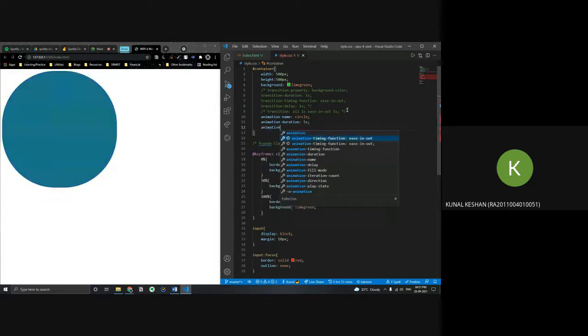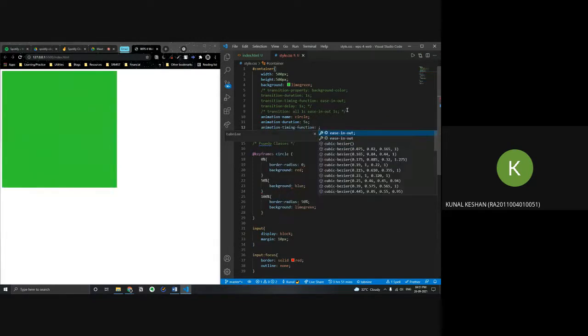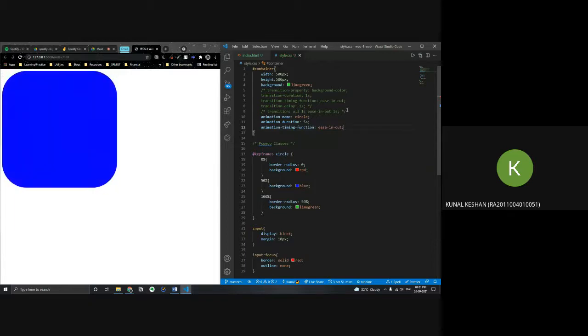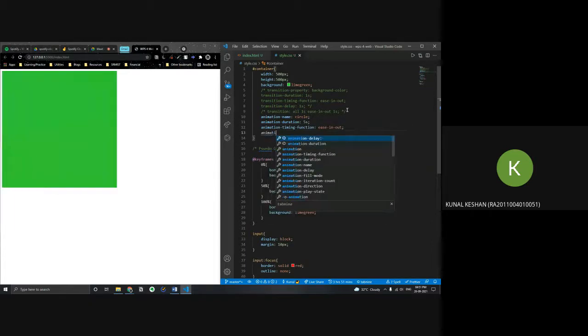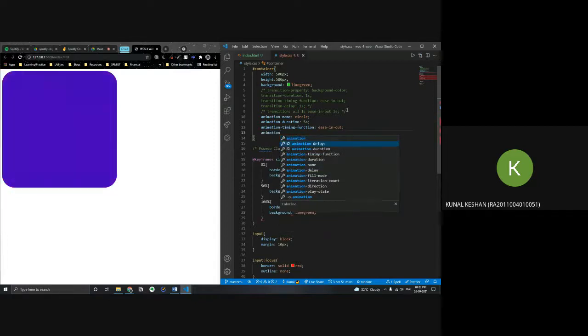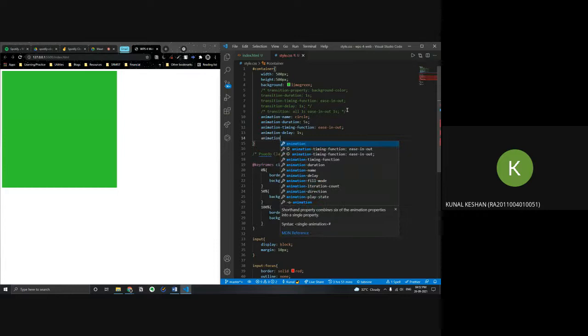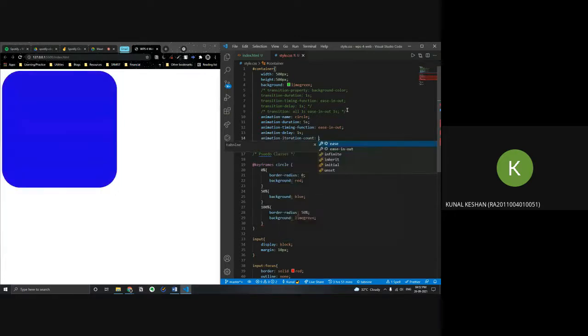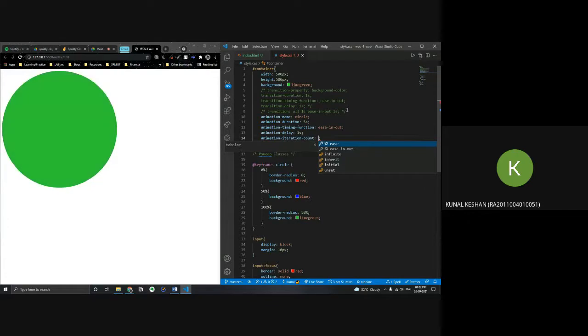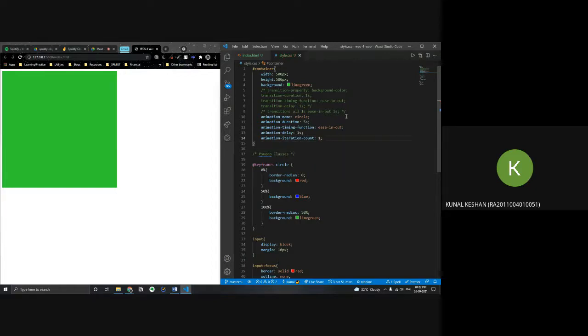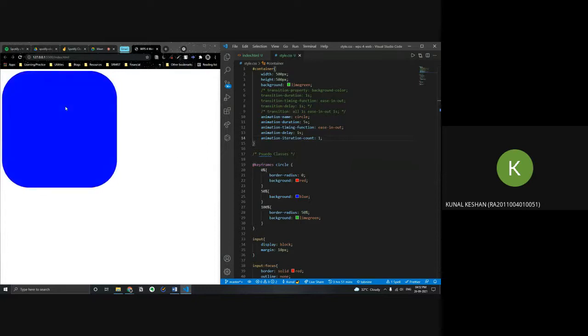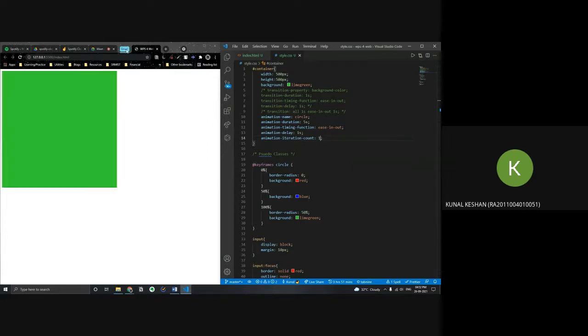Animation timing function, same thing like how we had for transition, here also I can specify start slow and go out slow as well. Then animation delay, say I want 1 second delay. And then we have the animation iteration count. How many times do I want it to continue? Like when the user comes to the website for the first time, how many times should that animation happen? Say I put one, so this will only happen one time. After that, it won't happen again, and it will go back to the initial state.